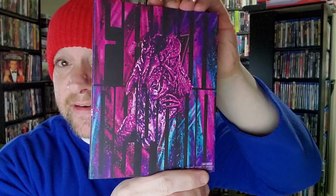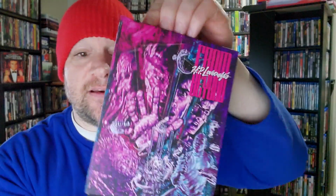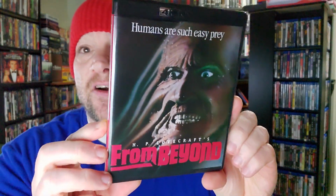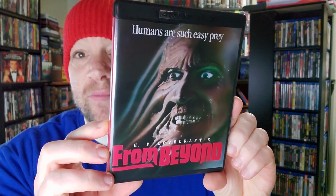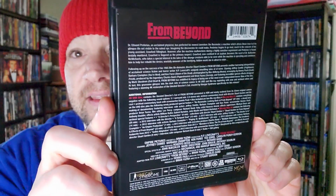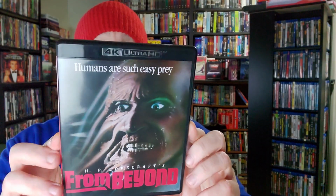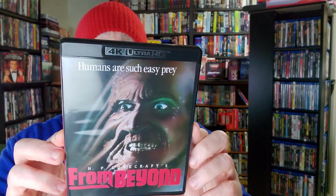Well, this is the limited edition slip cover from Vinegar Syndrome. Take a look at that neon purpley pink art that they used on this one. All right, let's take a look at the package. There is the reversed art, which of course is a throwback to some of the old art from back in the day. There's a look at the back with the information. Tons of special features always on these Vinegar Syndrome releases. In fact, too much